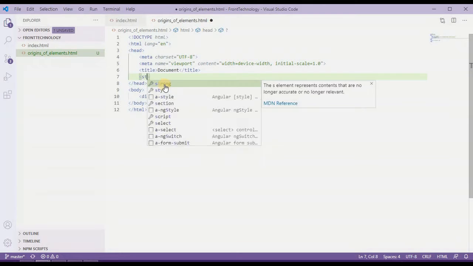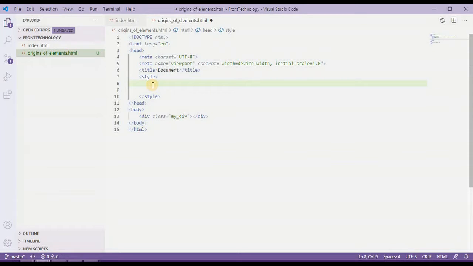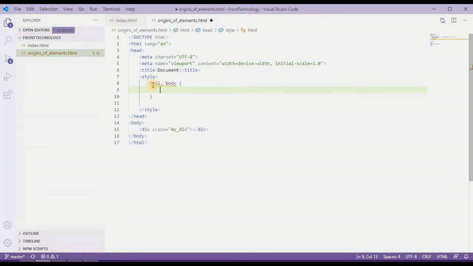So I'll write a style tag over here and then close that tag, and inside this style I will define some CSS. First of all, I'll make the HTML and the body tag have a height of 100% so that we can get the whole screen's height.